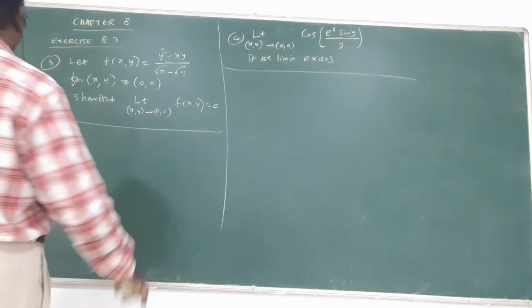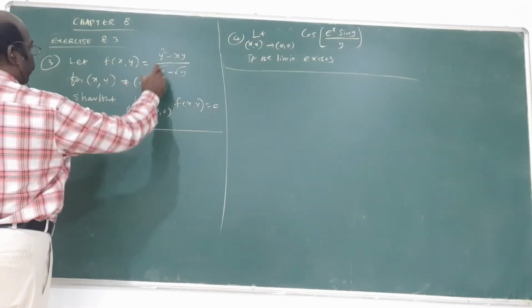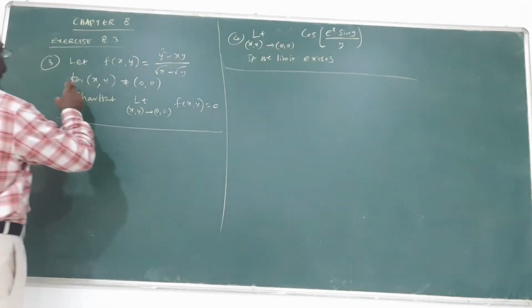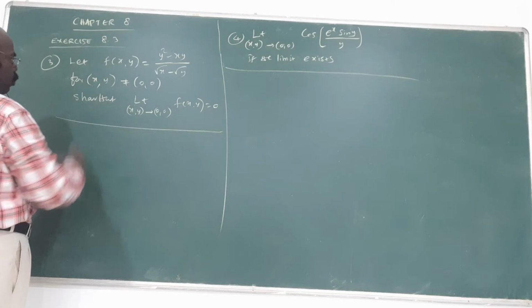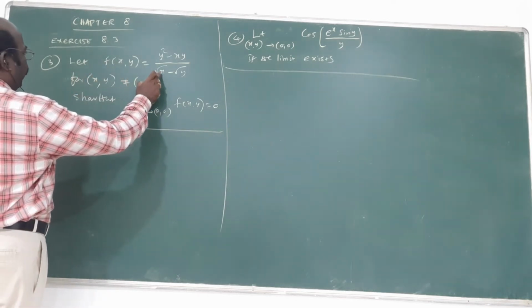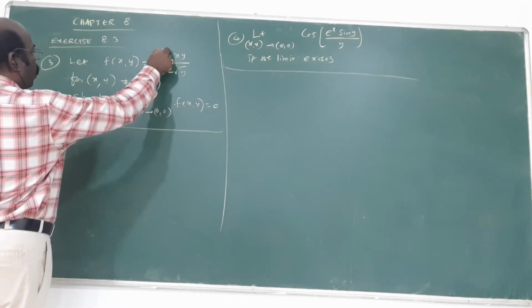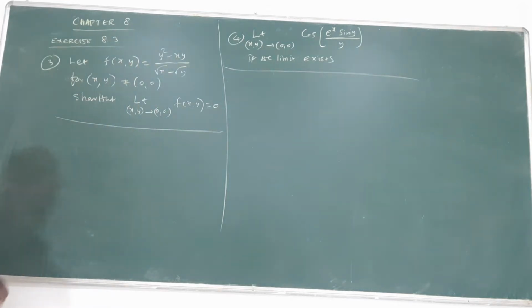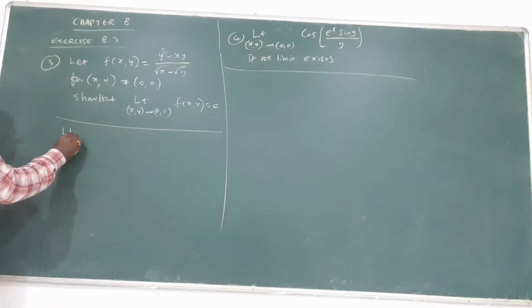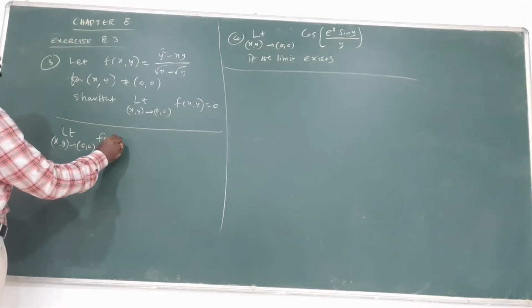Now the next question, f of x y equal to (y square minus xy) by (root x minus root y), for x comma y not equal to 0 comma 0. Directly applying 0: 0 minus 0 is 0, here also 0 square minus 0 is 0. 0 by 0 is coming. That's why, for this type of problem, you multiply and divide by the conjugate.